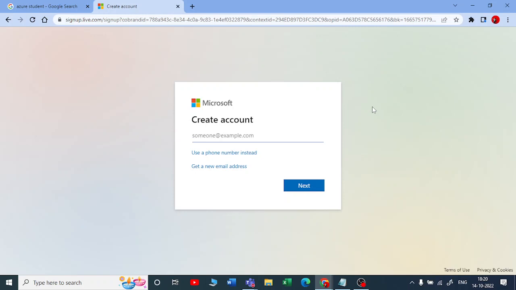for that. 2 rupees will be debited from your account. But after 24 hours, you will get back that 2 rupees. Not to worry about that. So there is some procedure you can follow in this way.